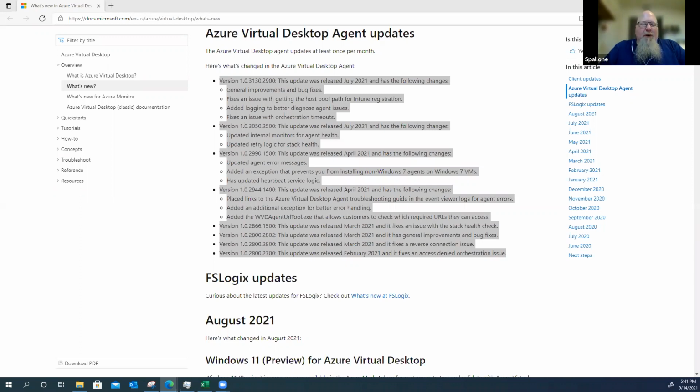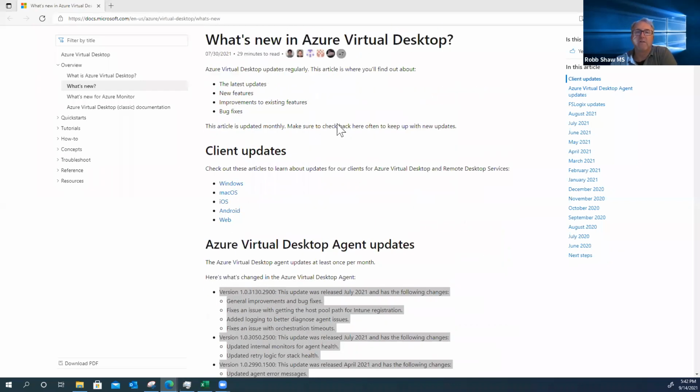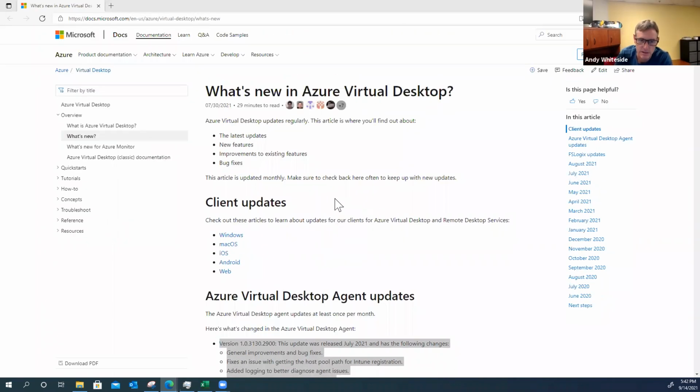Yeah, it looks like beyond the general bug fixes and the add-ins that we have, we're getting a lot more actual health check diagnosis coming in from the agent to the backend infrastructure for the admins to be able to get more info and more detail on what's really happening out there from that virtual device. Yeah, good. And I think to your point, Andy, if you scroll up, I believe you'll see the updates to the actual clients. Oh, there it is. Yeah, and those are broken out by different operating systems.